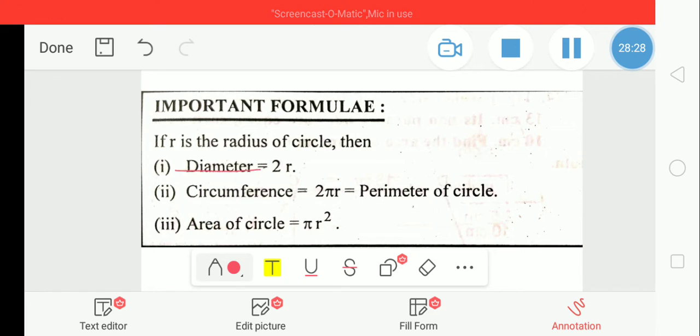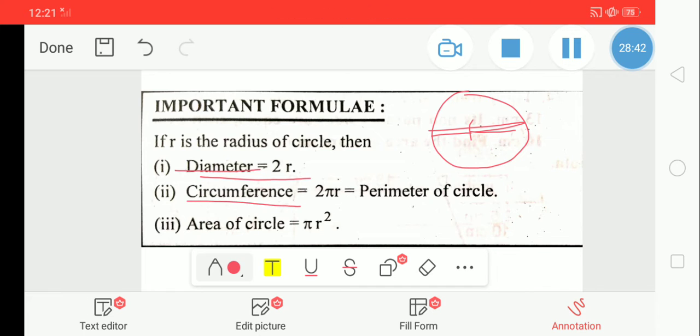So that is the diameter of circle, that is 2r, because here radius is r, this is the center, this is r, and these are also radius r, so 2 times r, so diameter is 2r. And circumference is 2 pi r because of one rotation completed, so 2 times pi r, that is the perimeter of circle. Area of circle is pi r square, we have already studied. So in this way we are finding the area of circle.